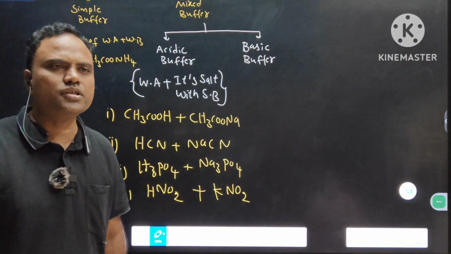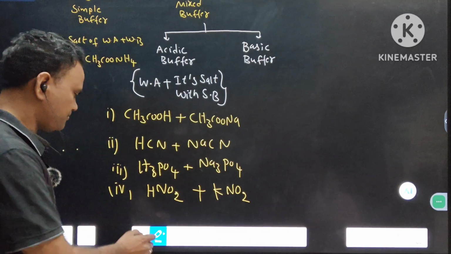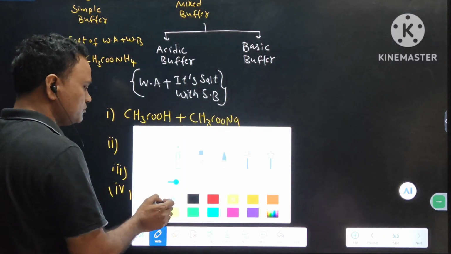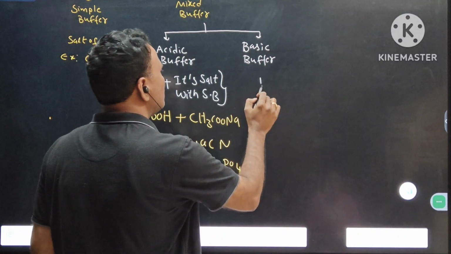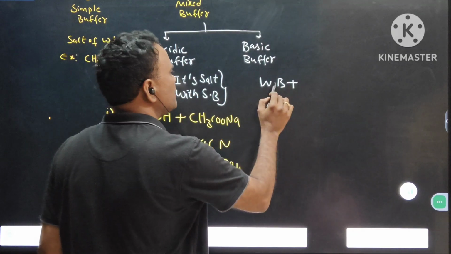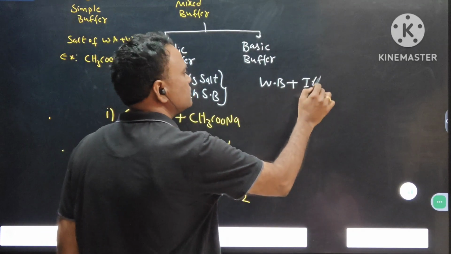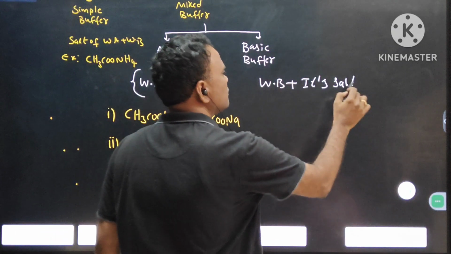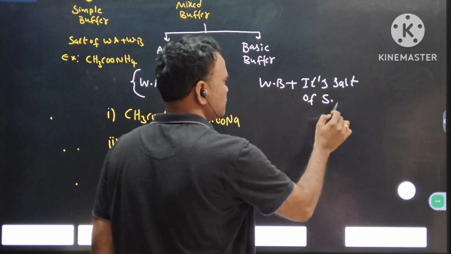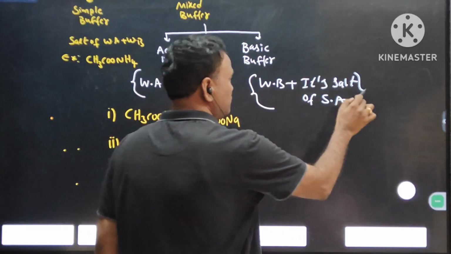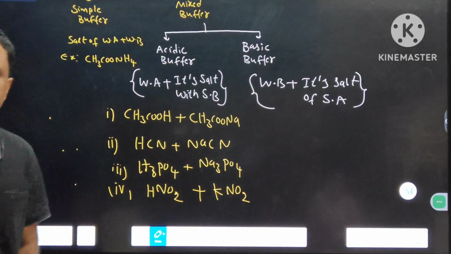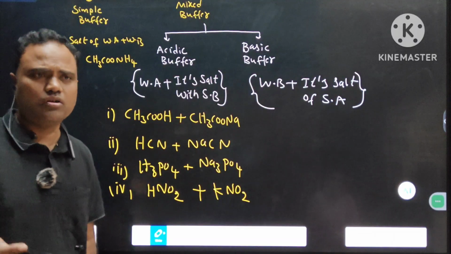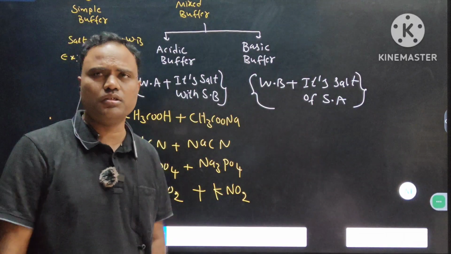Basic buffer. Can you guess the combination of basic buffer? Weak base plus it's a salt of strong acid. In the last class I gave weak acid, strong acid, weak base, strong base. Okay,